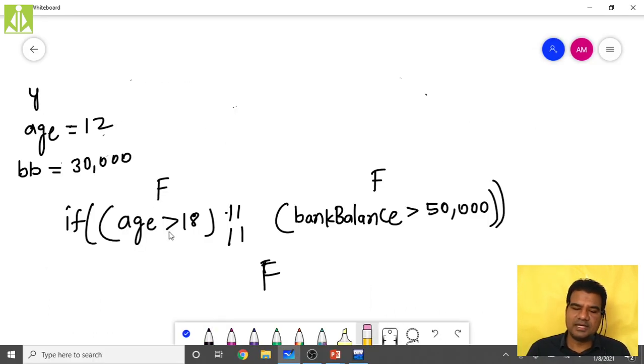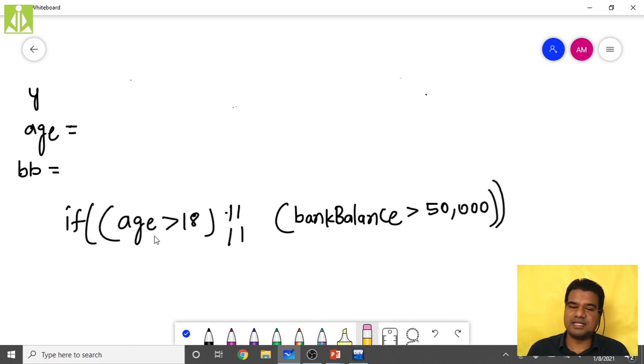So the government is saying, whatever rules I have just now imposed, simply reverse those rules. Suddenly the government changed, and it is asking us to reverse the condition.